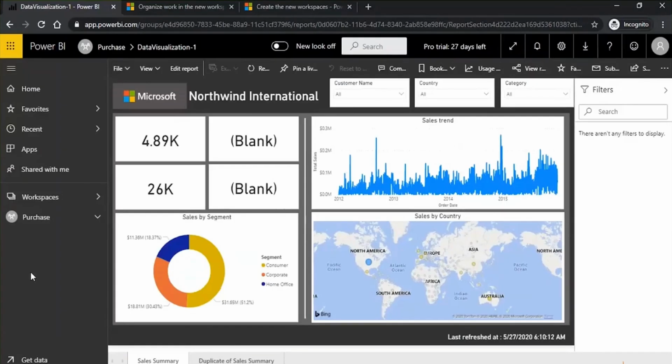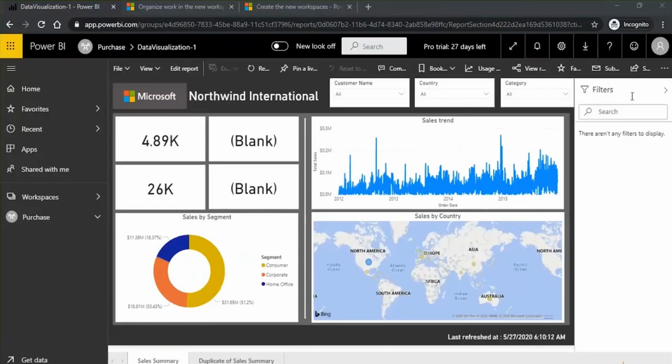So when I say I have 10 reports, can anybody tell me how many data sets there would be for those 10 reports? Yes, obviously 10 data sets, because one report will always have one data set. So I have 10 data sets and those are feeding 10 reports. Now I want to consolidate the visuals of those 10 reports on a single dashboard, and for that we can pin the visuals from the report onto the dashboard.